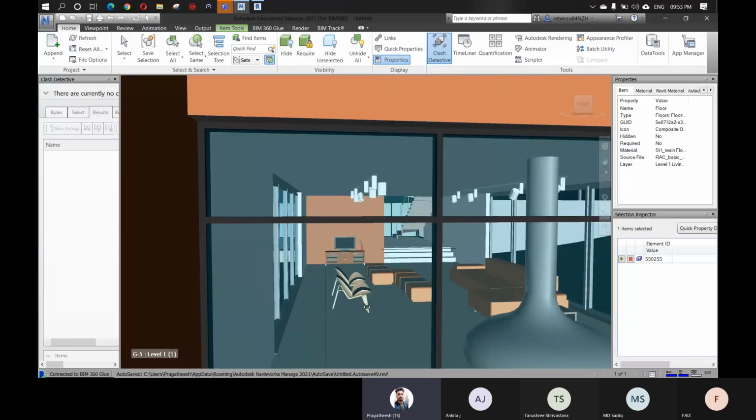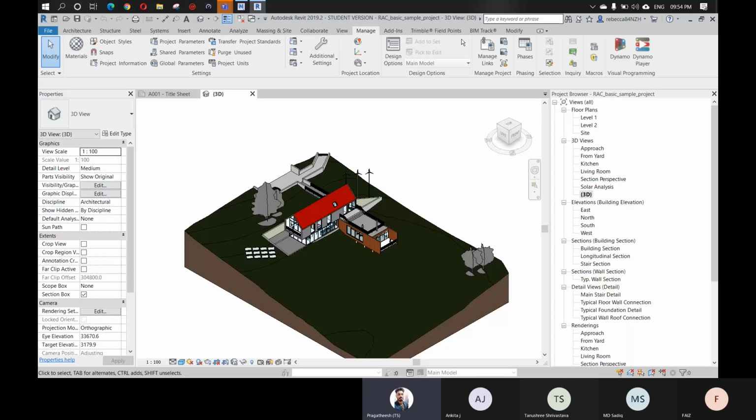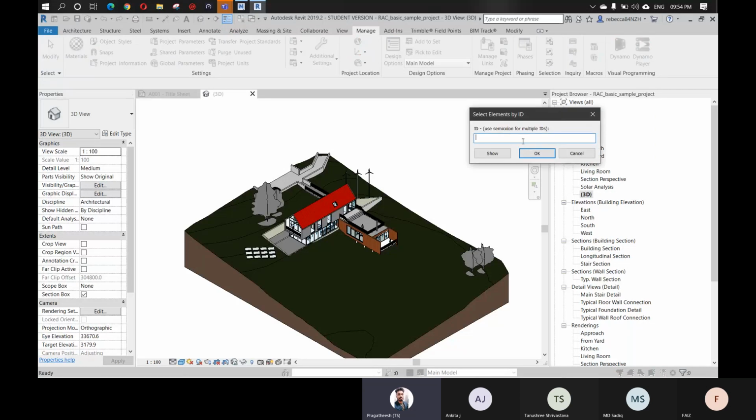Let's say you want to find this particular element. So click this, copy the element ID, go back to Revit, go to Manage, Select by ID, paste it, click Show. Okay, no good views found.